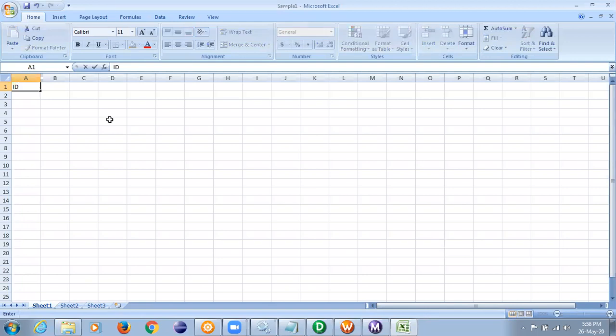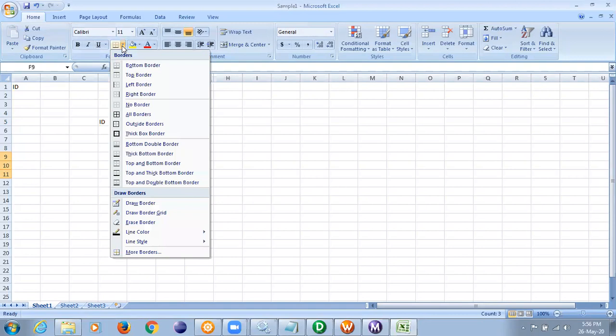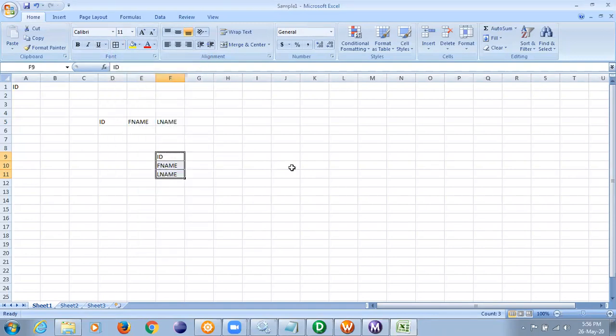ID, F name, L name. Suppose this is my source. Now, what is the requirement? I asked you to give me ID plus full name. ID and full name. Correct?